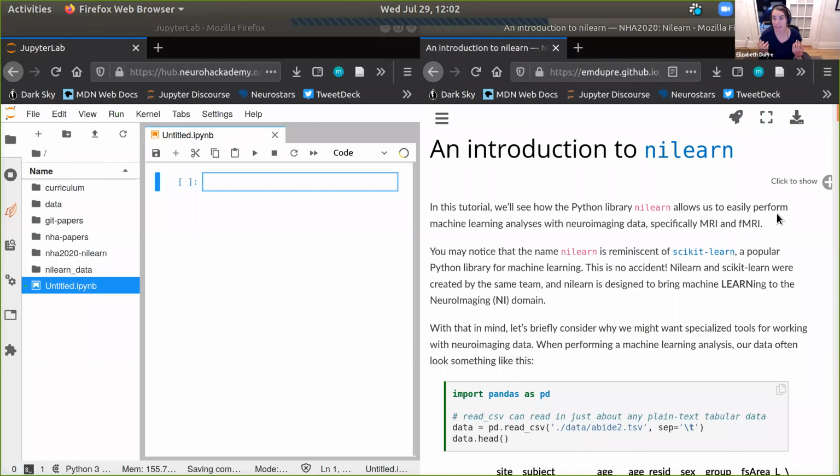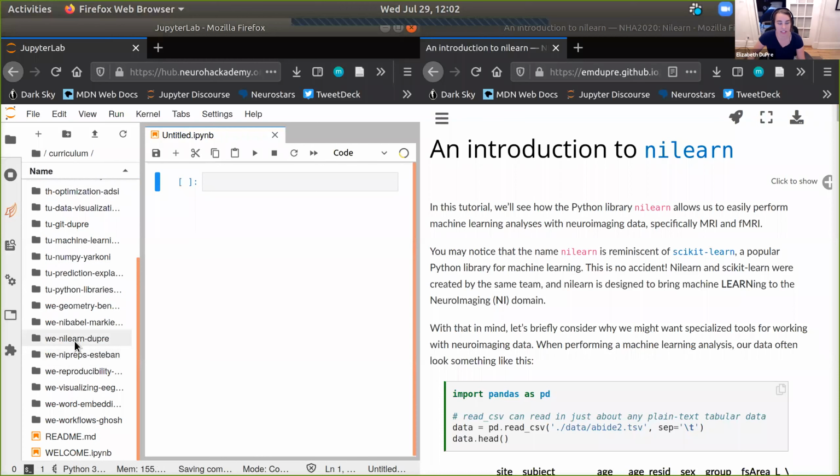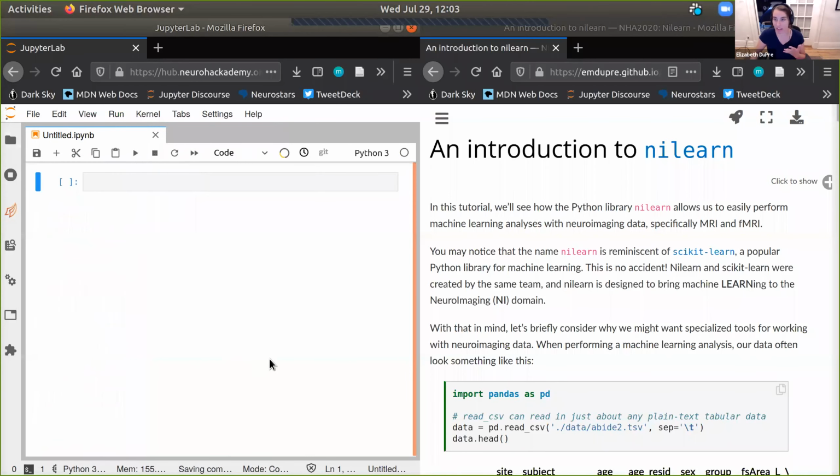But yeah, so basically what this is, it's a Jupyter book, which just means that I've taken the IPython notebooks and I've rendered them as a website. So in the curriculum for this lesson for Wednesday Nilearn, you also have access to the same Jupyter notebooks, but I just find it's nice to have the rendering open so we can really see the code and the ideas in one place, and then we can execute them side by side. I find that makes it a little bit easier to think back and forth between the two. Okay, perfect. So I'll be monitoring the Q&A throughout. If you have any questions, feel free to just add one in.